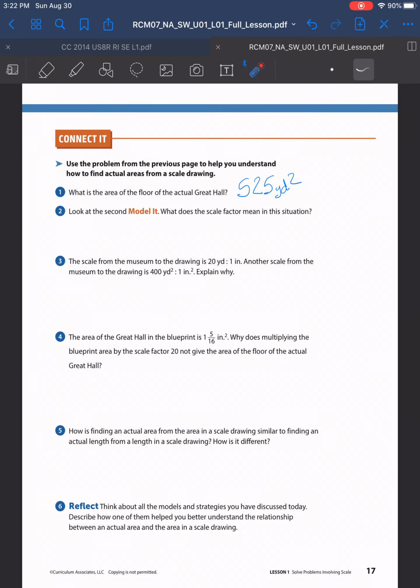What does the scale factor mean in this situation? So we said the scale factor was 20 to 1. Remember, 20 yards in real life is the same as 1 inch on the paper. So basically what the scale factor means is just that. We could say for every